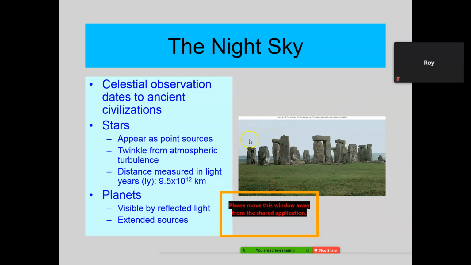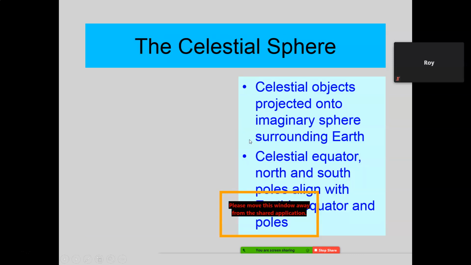Okay, I can't get screen to, there we go. So let's move on to what they're calling the celestial sphere. Okay, I'm trying to find this in the book. Oh, here it is. This is also, Stonehenge picture was on page 355, or it may be 14.3. Back on 14.2, we're going to talk about the celestial sphere.